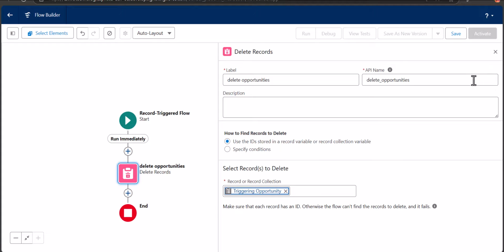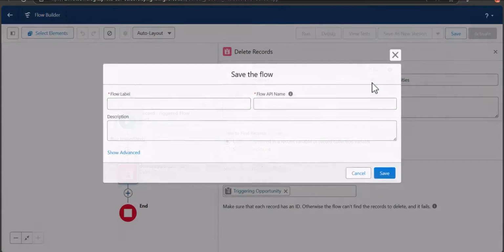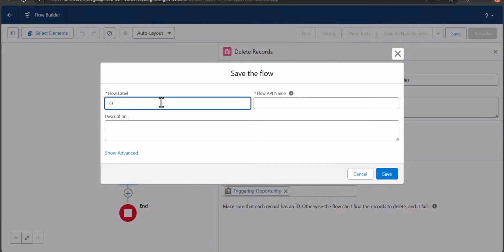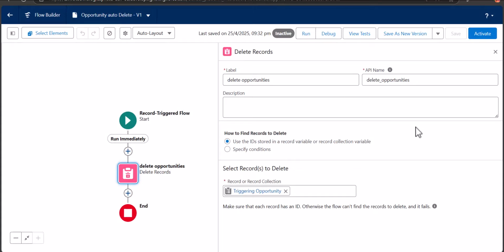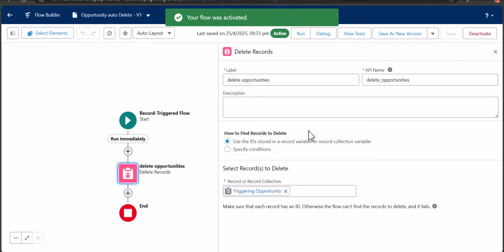With this we have completed the flow to auto delete the opportunity record, and here I will save it. The flow label I am going to give as opportunity auto delete, and the flow API name will be auto filled. Here we will click on the save button, and after saving the flow, don't forget to activate it. For that you have to click on the activate button,